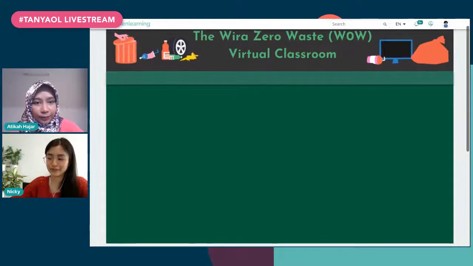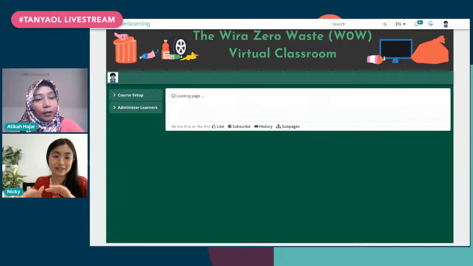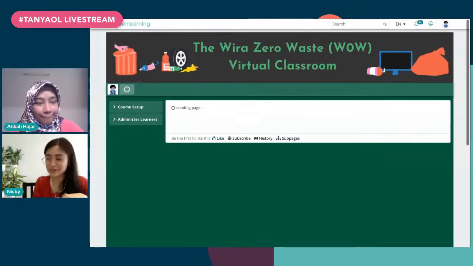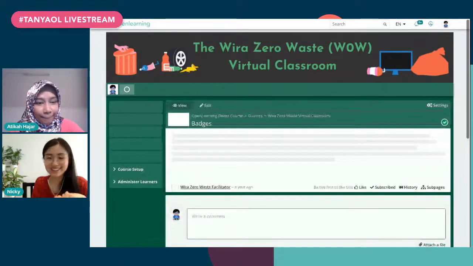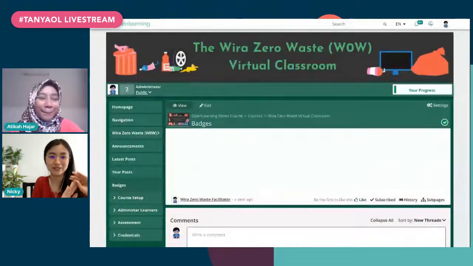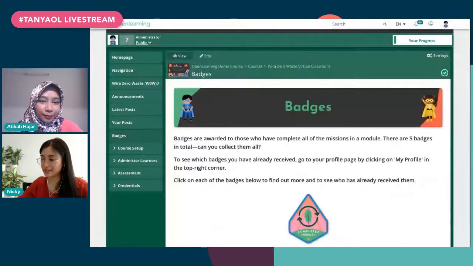But when we gave them out, they were just sort of like stickers that we sent to the students to say, good job, you've completed module 1. But on OpenLearning, what was really cool was that each learner then got their own portfolio. And you could give them a badge and it would turn up in their portfolio. So here were the 5 badges that we had.